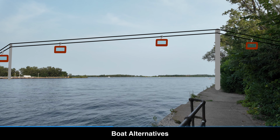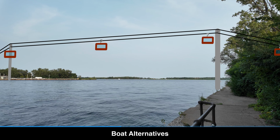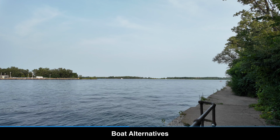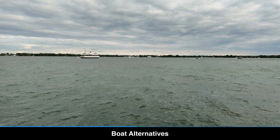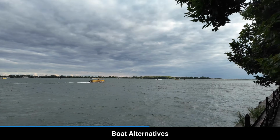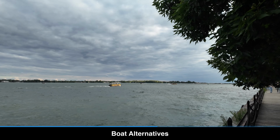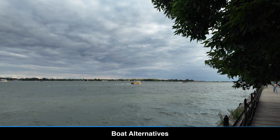Also suggested recently was a gondola to the islands, which would admittedly be kind of cool, but similar to the bridge would have the issue of being out of the way of most major destinations if built between Ward's Island and the Portlands. Building a gondola between Center Island and Bay Street would be more direct, but would be quite long at roughly 2 kilometers and have to be tall enough for ships below while not getting in the flight path of the airport. So just like a bridge, building a gondola, while an interesting idea, is just too complicated compared to upgrading the